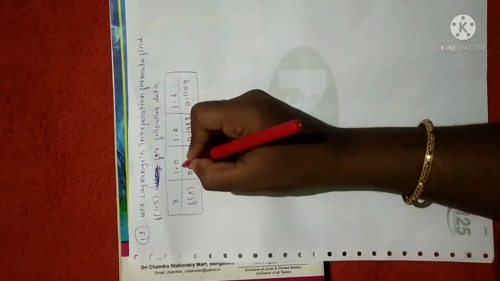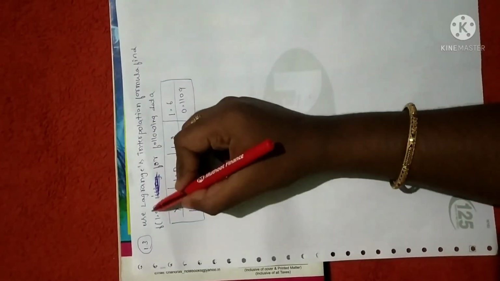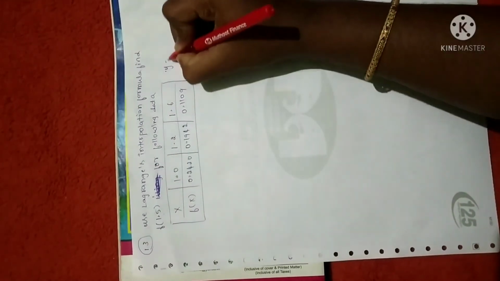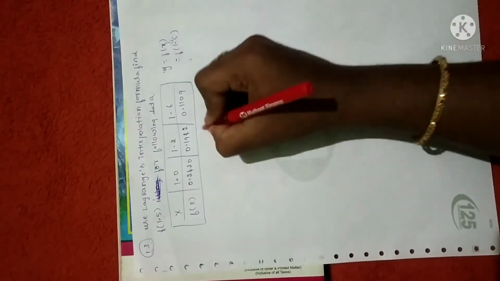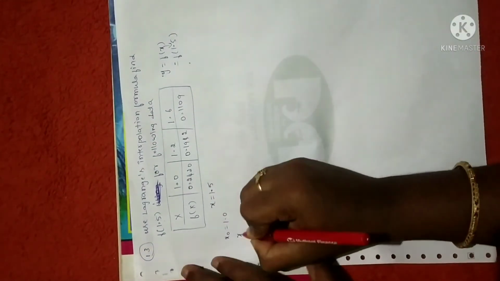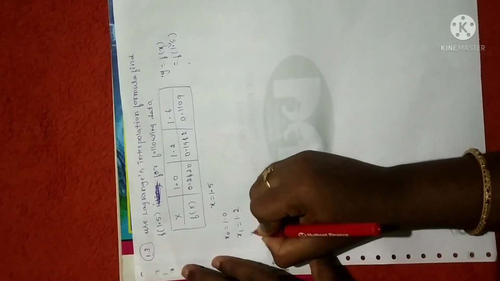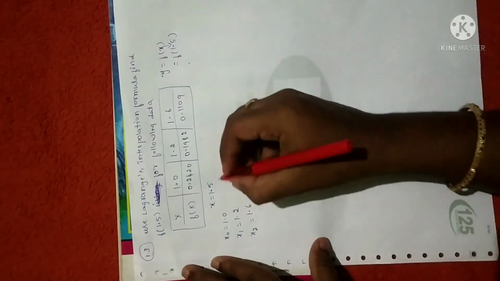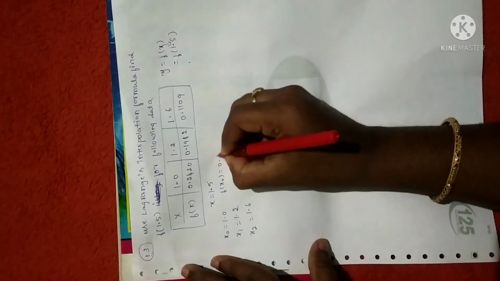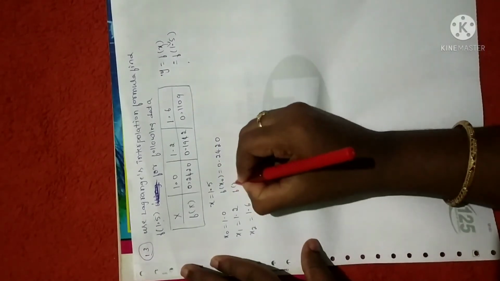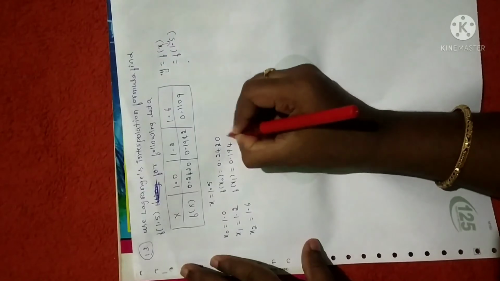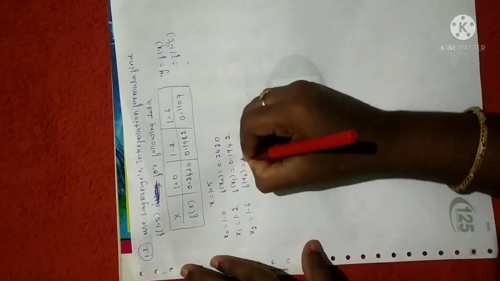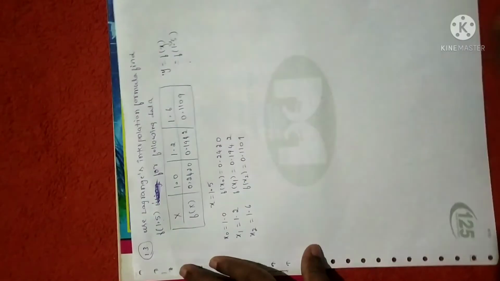What are the values of x0 and x1 given? You just write down. Before that, what we need to find is, see here, y is equal to f of x format. So f of 1.5 we need to find. In the sense, x value is 1.5. So here x is 1.5. Next, x0 is 1.0. x1 is 1.2. x2 is 1.6. Clear? So x0, x1 and x2 values have been written. F of x0 is 0.2420. Next, f of x1 is 0.1942. Next, f of x2 is 0.1109. So whatever the given data, I have just written the same.